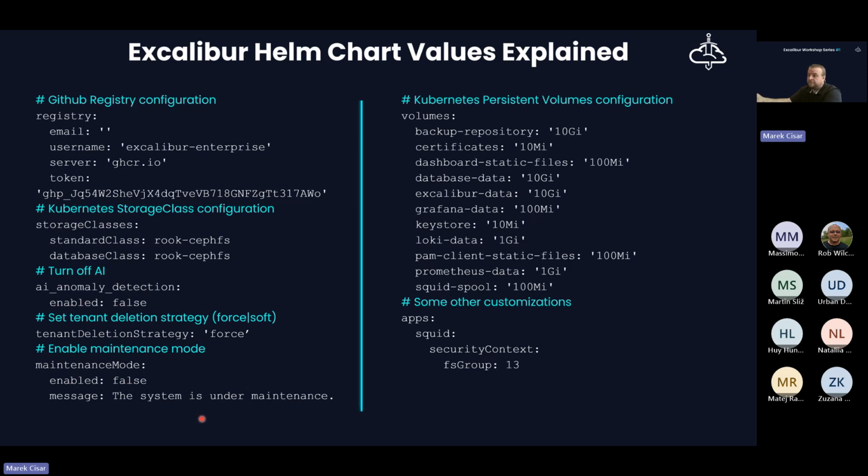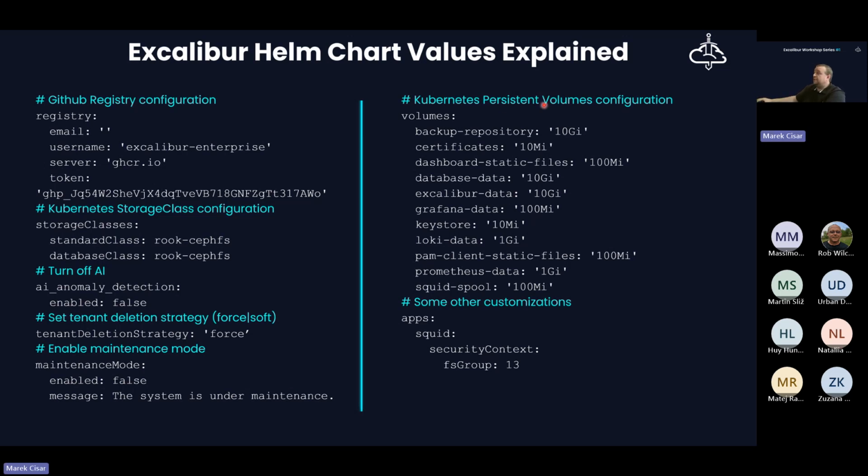For example, you may want to perform a very nice, consistent backup of the application database, so you can do so. Or if you need to restore such a database from the backup, including, for example, the session recordings, you can put Excalibur SAM into maintenance mode and perform such tasks.